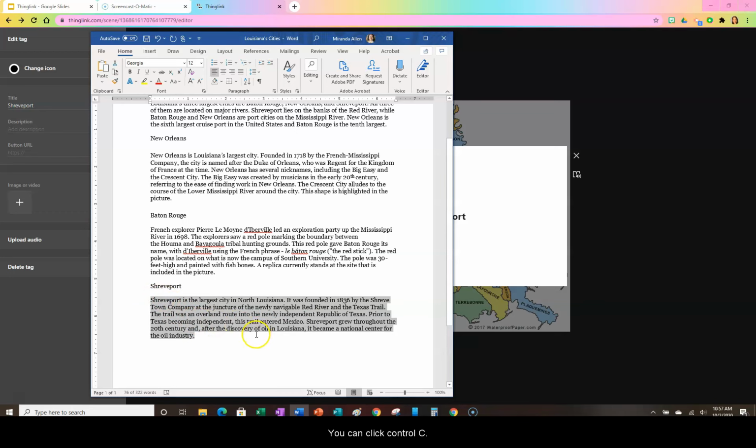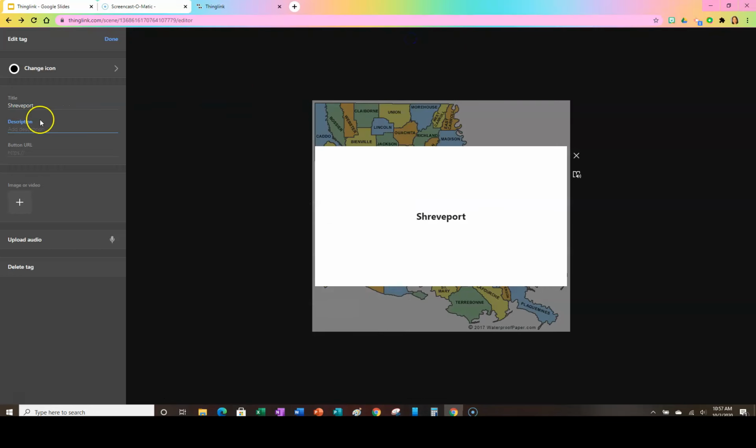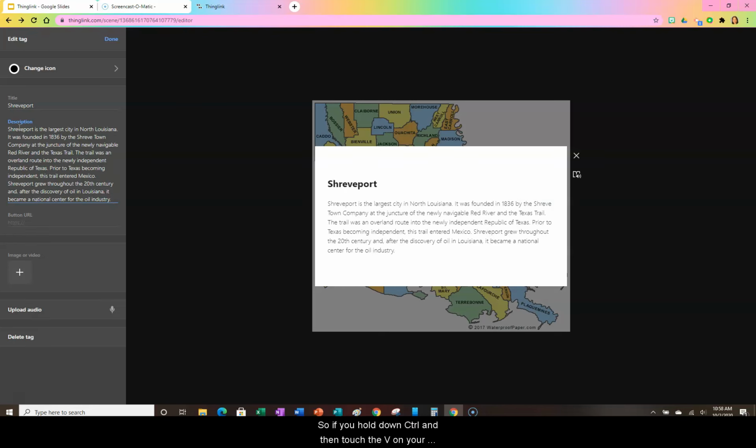You can click Control-C to copy. And now that I'm back in this screen, I will paste the text with a shortcut with Control-V. So if you hold down Control and then touch the V on your keyboard, you can copy and paste that text. Then you can add, and you can see that the text has been added under the title, and this is how it will appear on the screen when you